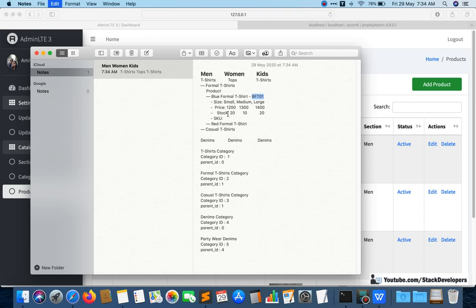Then its SKU for the small size is this one, then hyphen S. For medium size it is this one and hyphen M, so that it is clear which order has been placed, and for large, hyphen L. So we are going to work on this part this time. This is called the product attributes. I hope this is very clear to you.